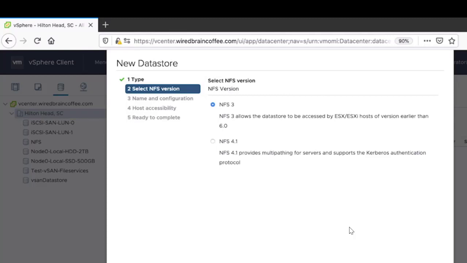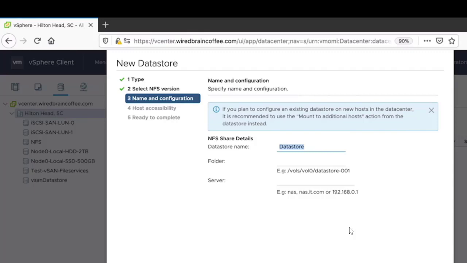Now here, as you can see, we have two versions of NFS, NFS 4.1 and NFS 3. So I select NFS 3, which is selected by default. After that, for name and configuration, I have to give any friendly name for my NFS share. So I give the name NFS-NAS1, and this is the folder which I discussed.